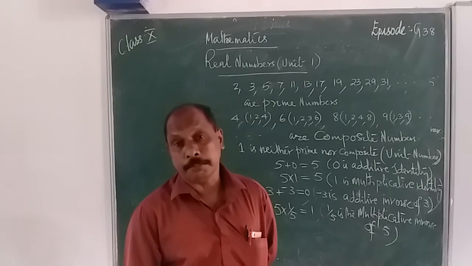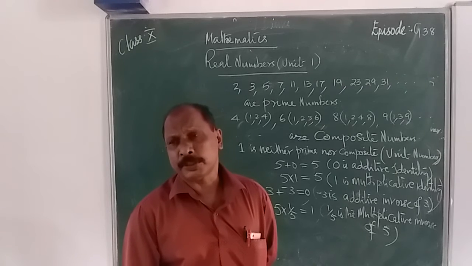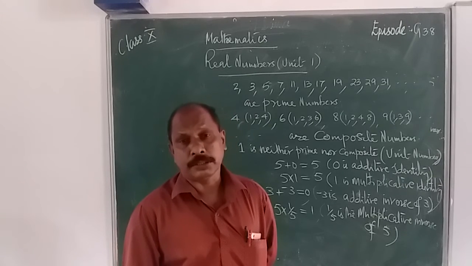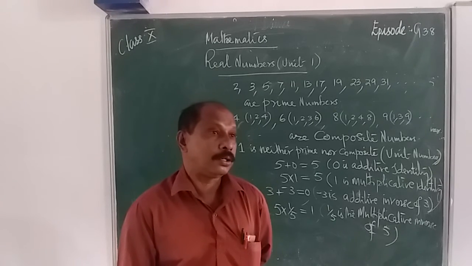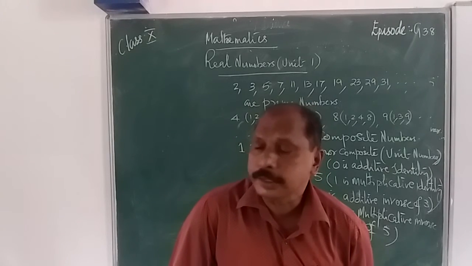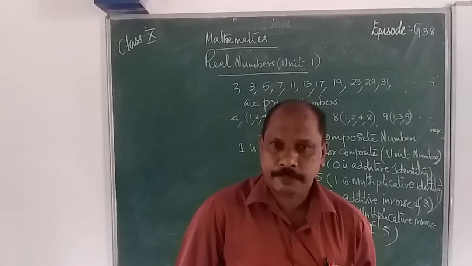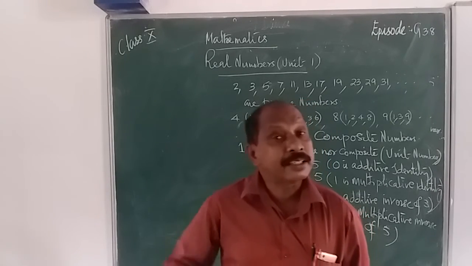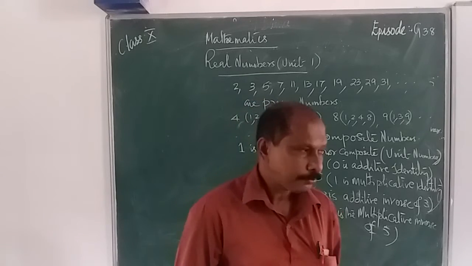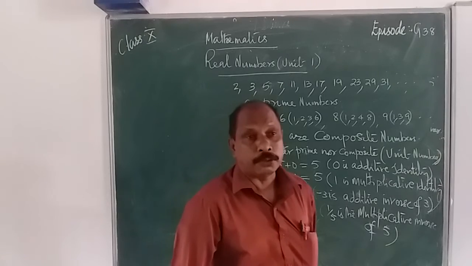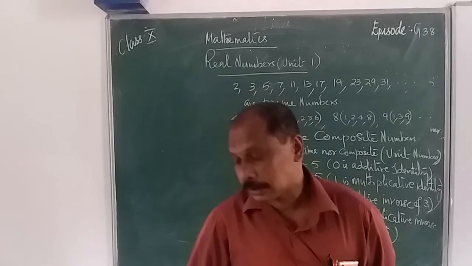These are non-terminating numbers. Root 4 is plus or minus 2, but root 2 is approximately 1.41, and root 3 is approximately 1.73. Therefore, they are not terminating numbers. Terminating means, for example, 3 by 2, that is 1.5, it is terminating. 10 by 3 is 3.333, etc. That is not terminating, it is a recurring number. And any number we cannot express as p by q is an irrational number, that is capital I.